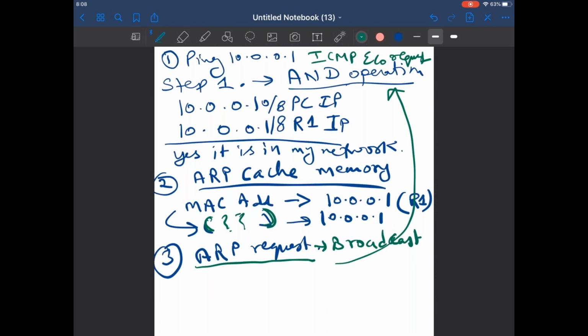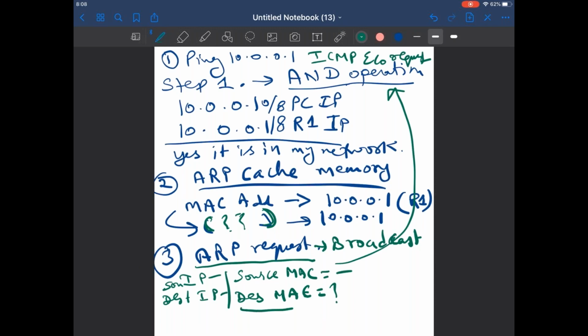In the ARP request, there is source IP, destination IP, source MAC, and destination MAC. Everything will be there, but the destination MAC address will not be there. So this ARP request will be sent by PC1 within the network.